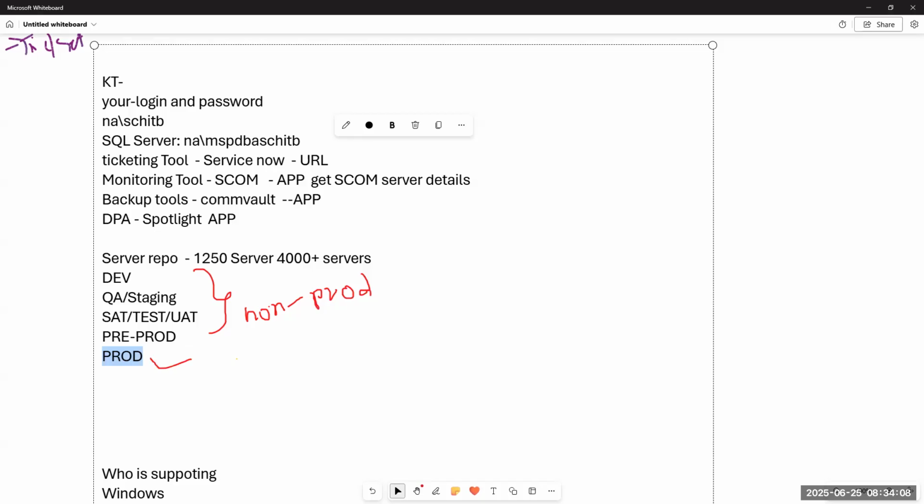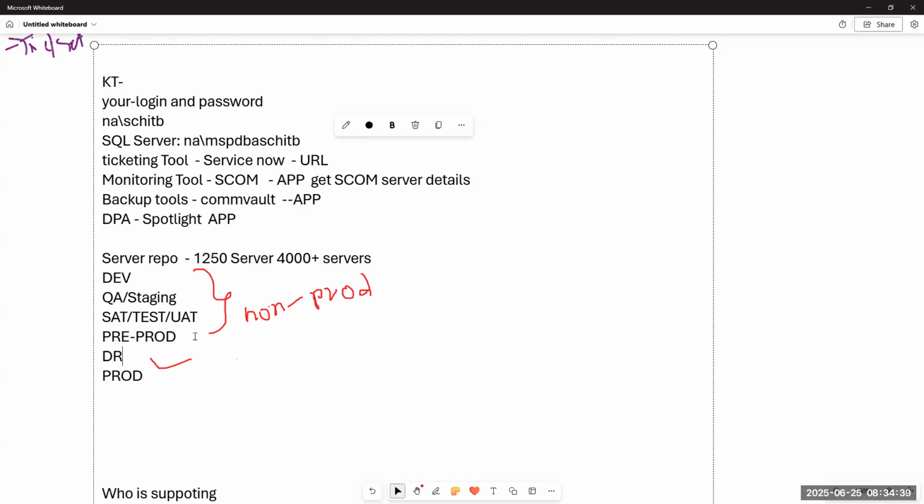And there is a concept called DR also, disaster recovery. There are DR servers, disaster recovery servers. You will get to know when we discuss high availability, sir. We'll talk more. These are the environments we have: dev environment, QA environment, SAT environment, stage environment, test or UAT, pre-prod, prod.